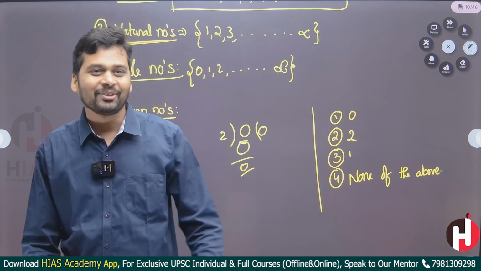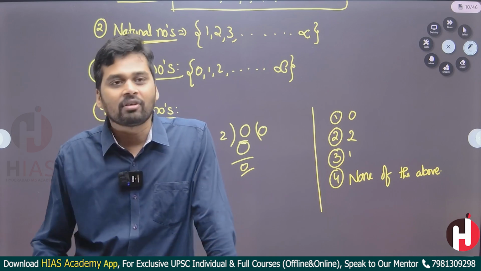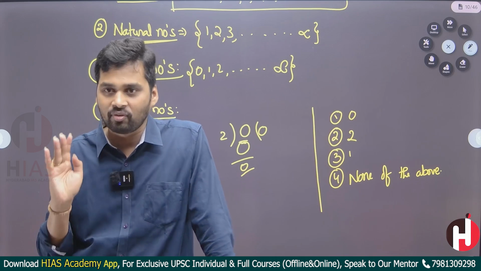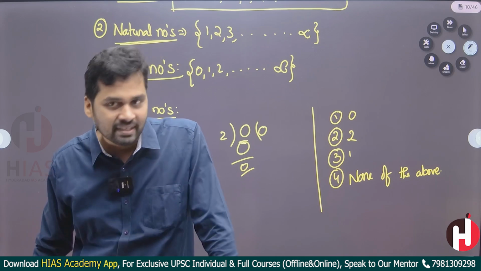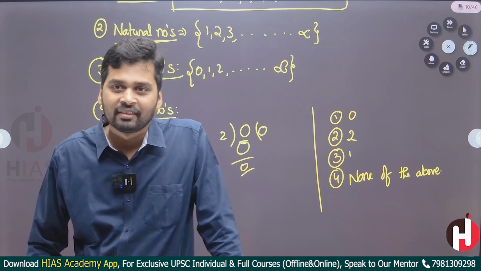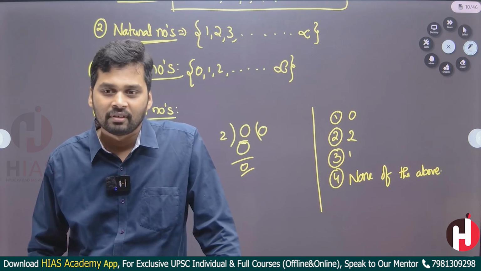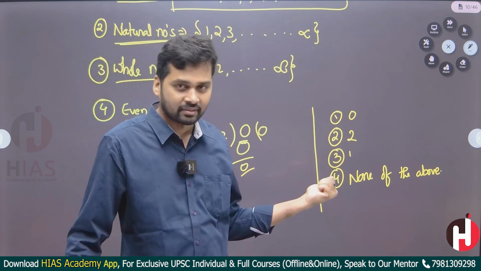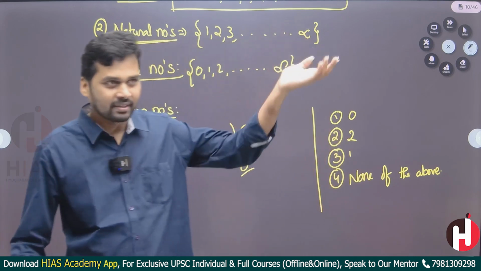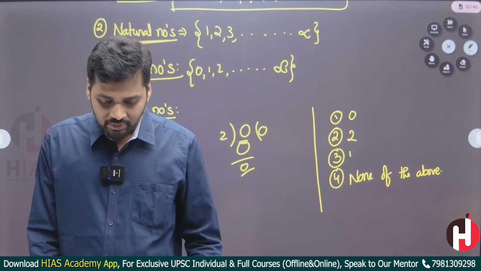Okay, so the point to be noted is that negative numbers also have even numbers: -2, -4, -6, -8 and so on up to minus infinity. So generally minus infinity would be considered the least even number. That value we don't know perfectly, but minus infinity. It was asked in one of the exams: which is the least even number in the number system? Minus infinity. So please note down the point that negative numbers also have even numbers.